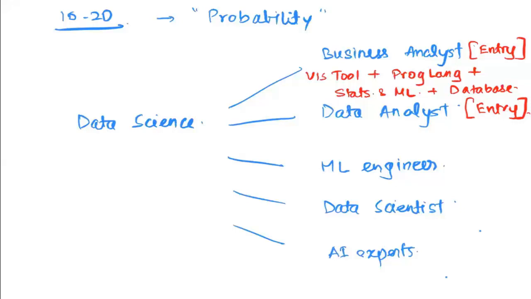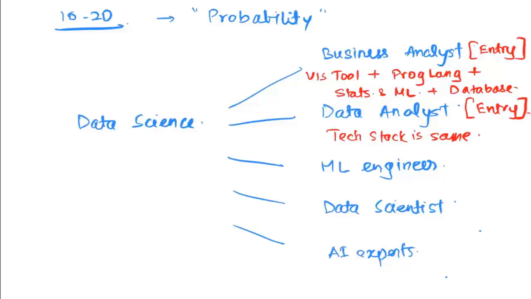Now for the data analyst, the technical stack remains the same. The difference between the role of a business analyst and the role of a data analyst is in the part of the company that they're affiliated to. So business analysts typically work with the business side of the organization, trying to analyze things like sales, inventory, supply chain. So things that are related to the business side of the organization, operational side of the organization. So all those kinds of analysis, data analysis that is done inside a company is typically handled by business analysts,